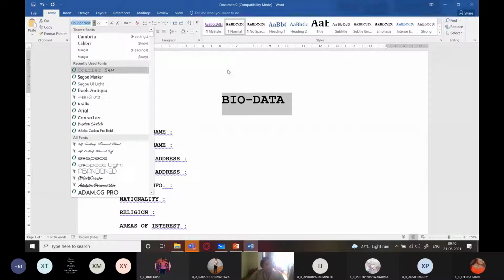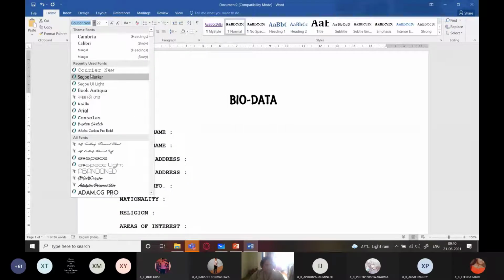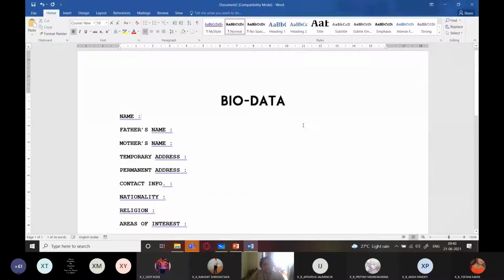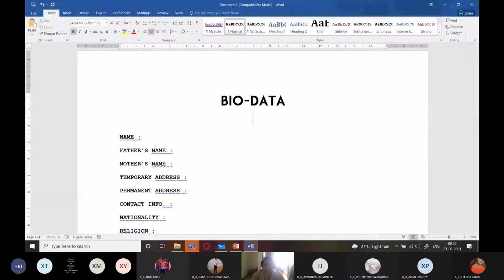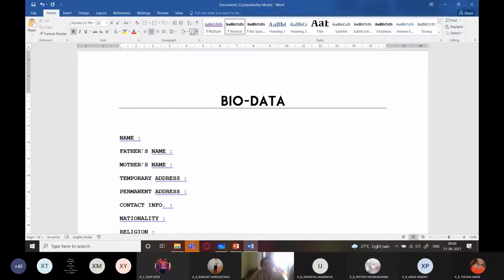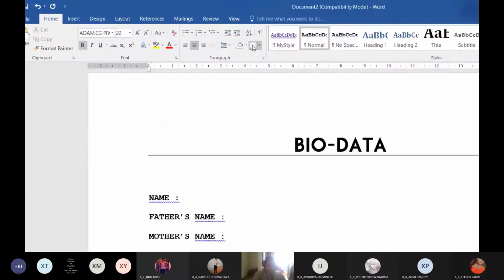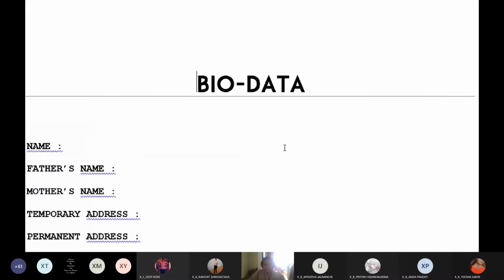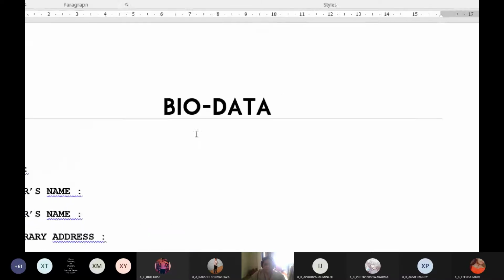And I want a nice, attractive font applied to that, so I'm adding this. So this font looks quite good, and I also want that there should be a line below this. So I'll press enter, go backspace, and one second, I'll click on this. So you can see what I clicked on was I went to paragraph and applied what, bottom border. Okay, so this bottom border appears right below biodata.